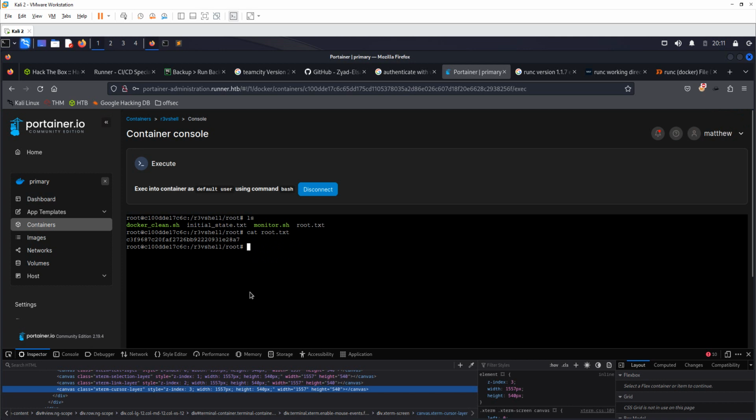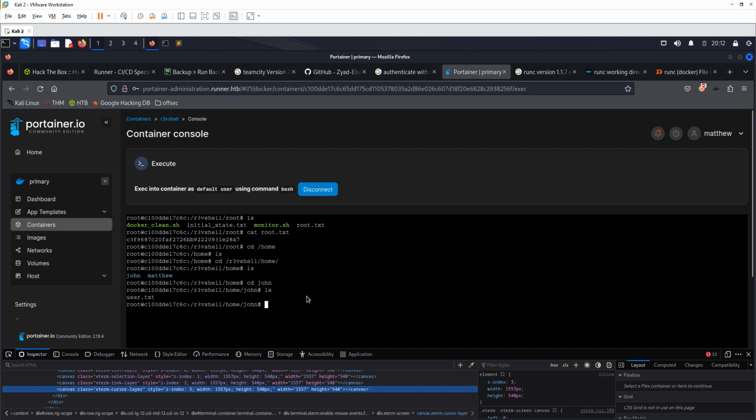So what we can do is cd, when I go into the home directory and I list, so cd back, so ref shell, home, when I list, I have 2 users, John and Matthew, so I can cd into John's folder. All right, so I'm in John's folder now, so I can copy